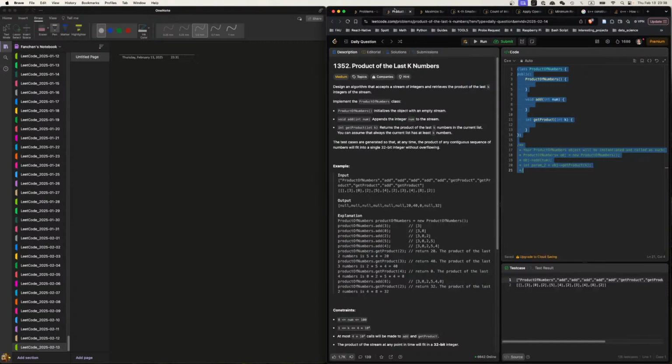What was the question? The last k. So I need the total minus the last k, right? So if a total is 5, I get last 2, so it'll be 3. So 0, 1, 2, 3 is not going to work. Right? But if I have a dummy,